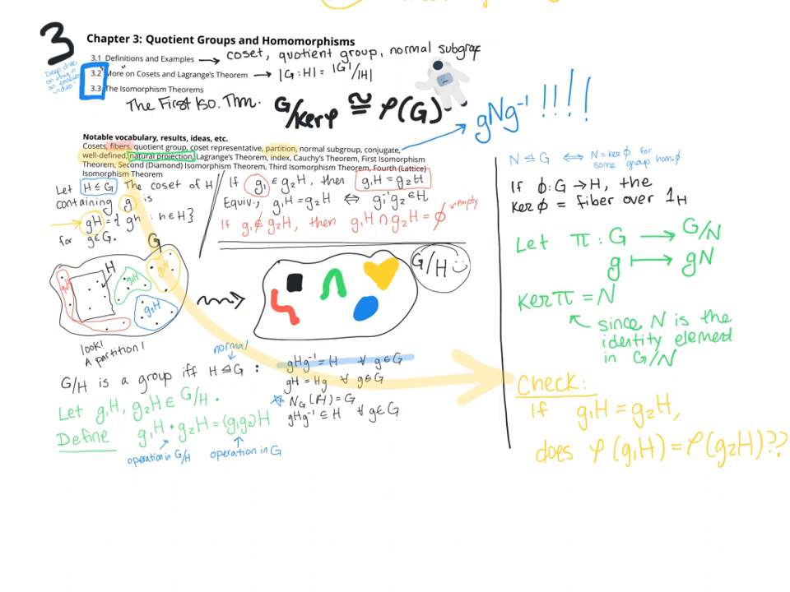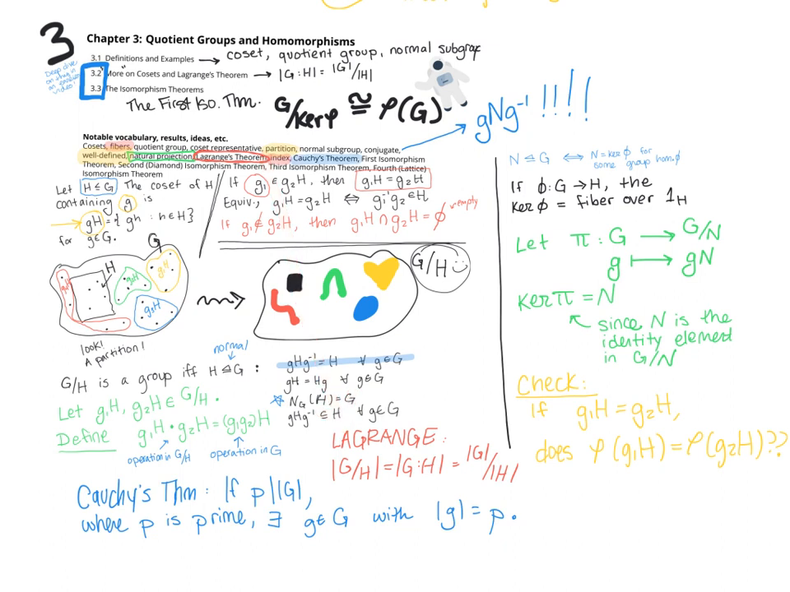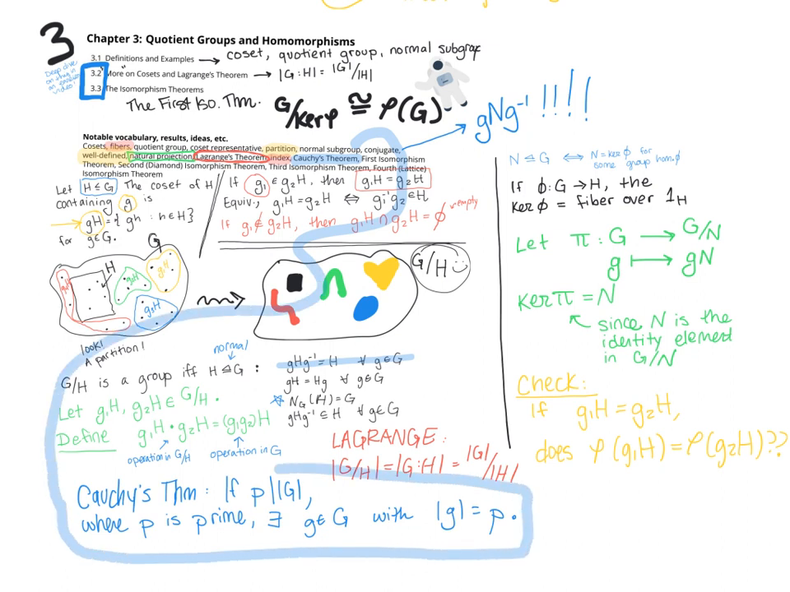Let's see. Lagrange's theorem and the idea of index we've talked about. Cauchy's theorem is a great consequence of this that speaks to life outside of quotient groups, right? Cauchy's theorem says for every prime dividing the order of the group, there exists an element of that order. Woo! Let's see, the first isomorphism